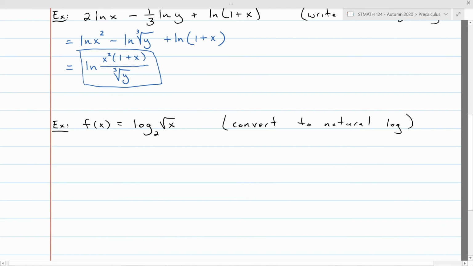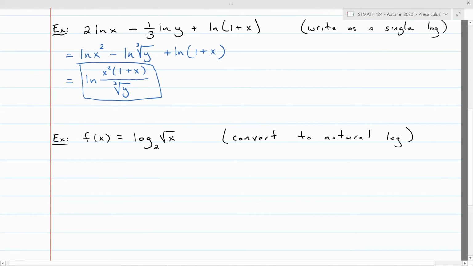And sometimes, like I said, in calculus, we really like natural logs. When possible, we'll often convert things into natural logs. Also, if you're going to have to punch things into a calculator or a computer, they usually don't have a log base 2 button. Usually they have either a natural log button or a log base 10 button, or often both of those, but usually don't have the weird bases. So it's kind of nice to convert these to different